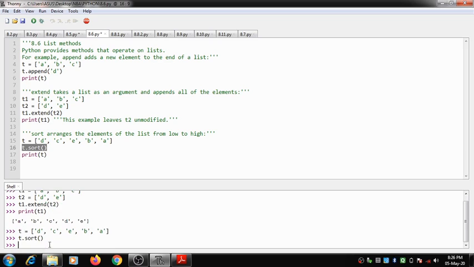When I execute this, I am going to print this code. I am executing this code line by line so that you'll be able to understand each and every aspect clearly.